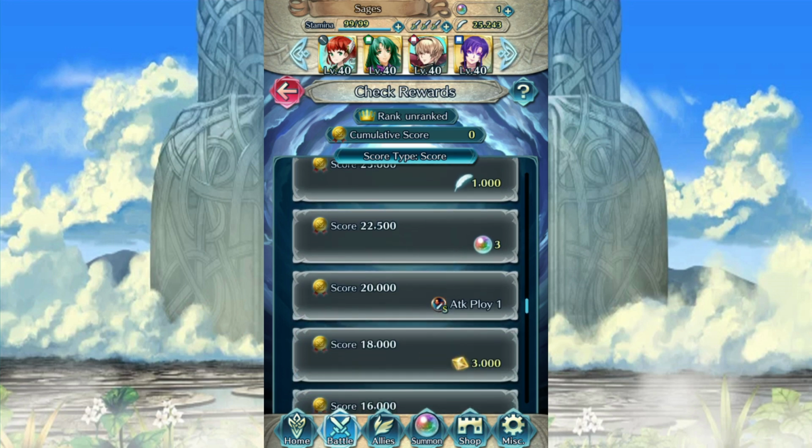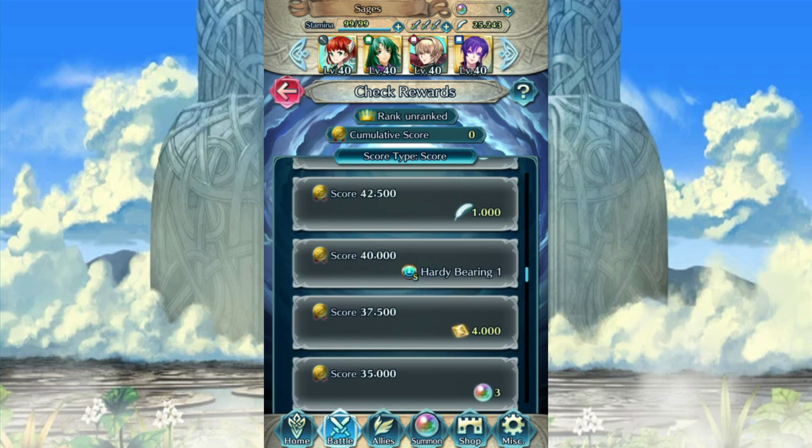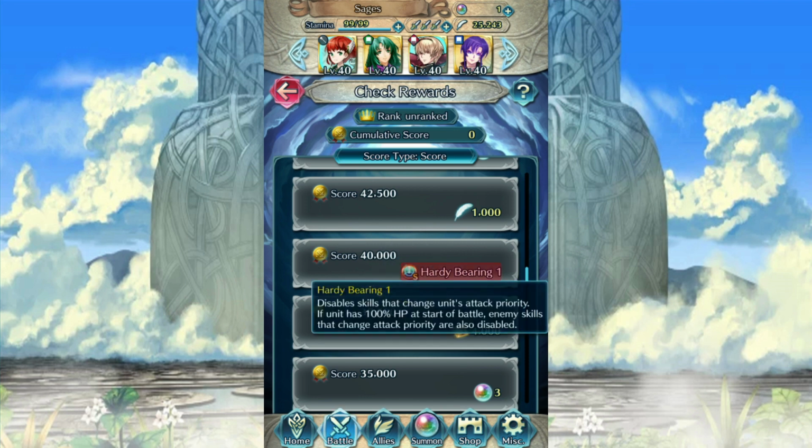Attack Ploy 1, which, okay, at 20, but this is not... I'm hoping that is what I'm looking for. Hardy Bearing. Now, this is something that I'm really fascinated by, okay? This is going to be one of the more fascinating seals to come out of, because usually, much like everything else in this game, it is much further on in this actual Tempest Trial, so it's a bit more effort to get to. 40,000 is kind of a lot, but still...